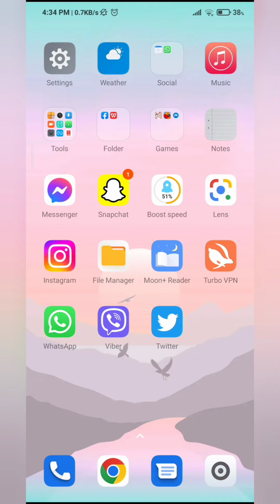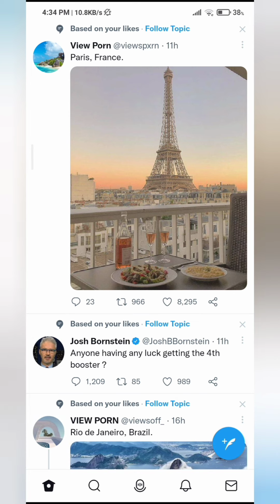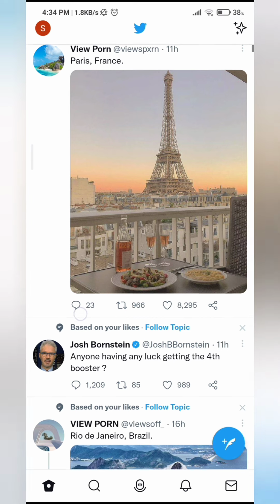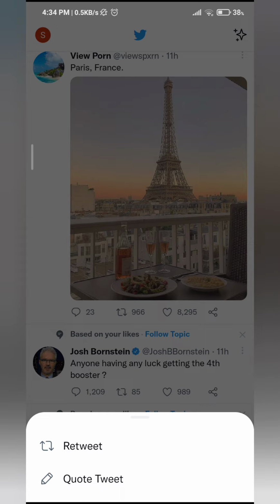So let's get started. Now go ahead and open your Twitter app, and then just go to the post that you want to retweet. So once you've done that, you'll see below this post right here, there's a comment icon, and then there's this arrow icon that's going up and down, and a heart icon. So what you want to do is tap on this arrow icon that says 966 beside it, and then it'll give you the option of retweet and quote tweet. So retweet is basically you're just retweeting it without saying anything, and quote tweet is you add your own comment